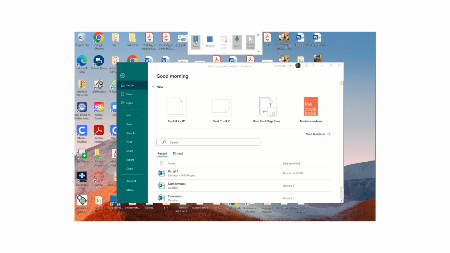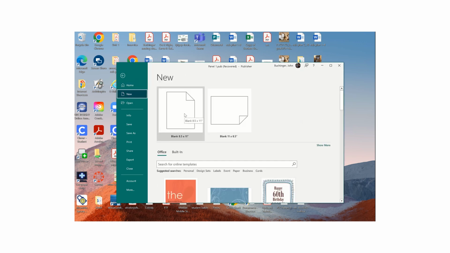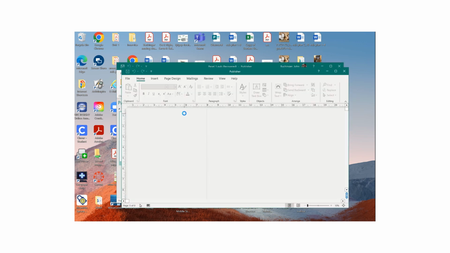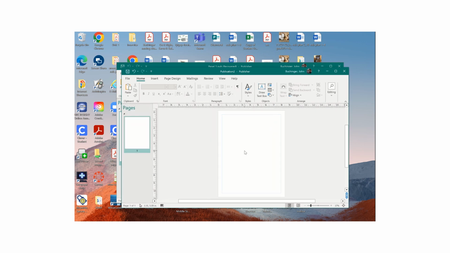Okay, now we're going to go to New, as you would do. We're going to go to Blank, just go to blank 8 point whatever. It's going to give you a blank document, but we want it the size of our panel. Now you can make a size that is 12 inches by,